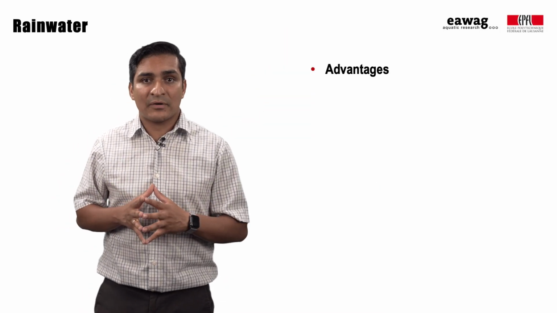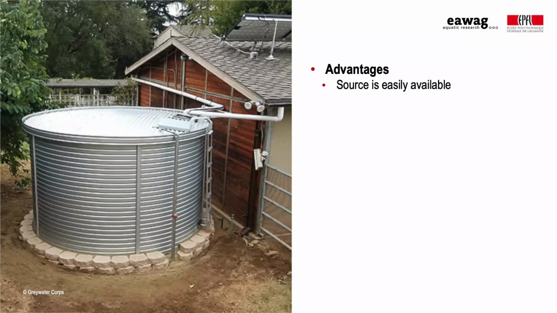Rainwater falls in drops from clouds to Earth's surface and can be collected from the roofs of buildings, hill slopes, or from temporary surfaces created by using cloth or plastic sheets, and can then be stored in storage tanks or reservoirs. The advantages of rainwater are that it's easily available in some areas and can complement other existing water sources. Also, in general, it's mostly of good quality if properly collected, stored, and supplied.